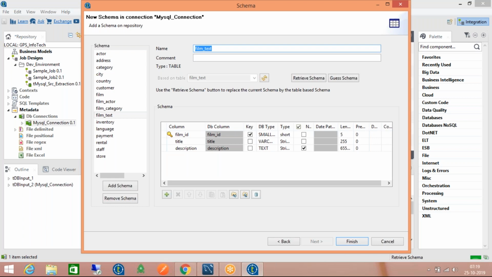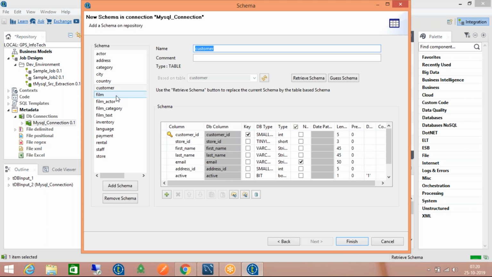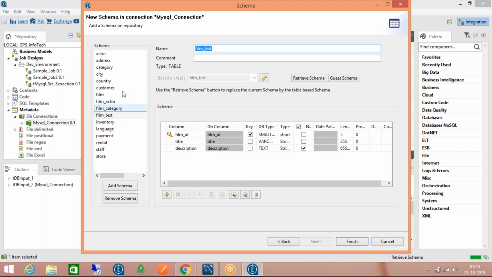Here you have a chance to check out the schema of each and every object. Just see, if I click on this actor object, what will happen? It will show up all the fields of that particular object, that is the table. If you look into the fields, first name and then last name and updated date and everything showed up here. So just the date pattern,